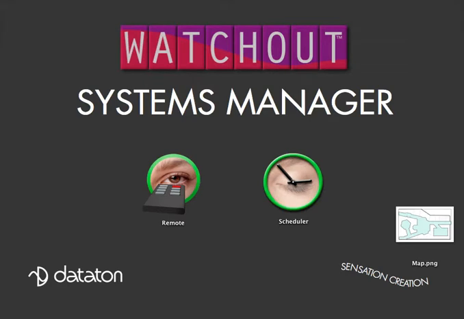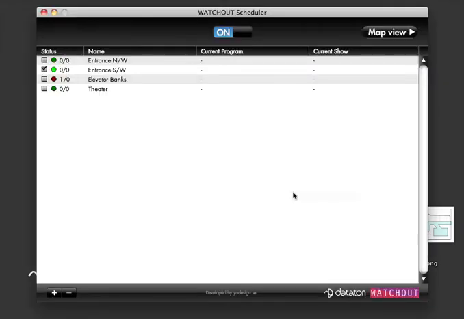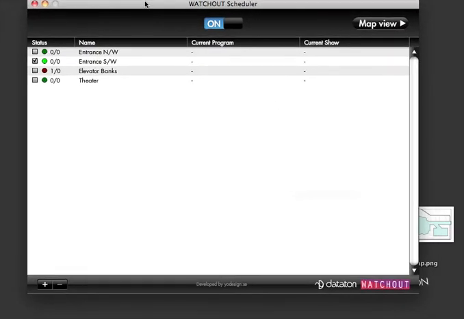The second of the two ready-to-run applications included with the WATCHOUT Systems Manager is the scheduler. Let's start the scheduler and take a look at it to see how it works. This is the main window of the scheduler application, and it lists a number of display systems, or clusters as